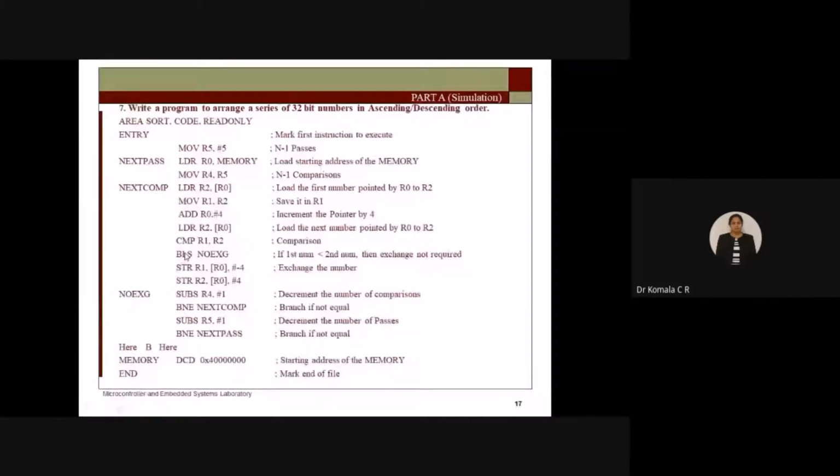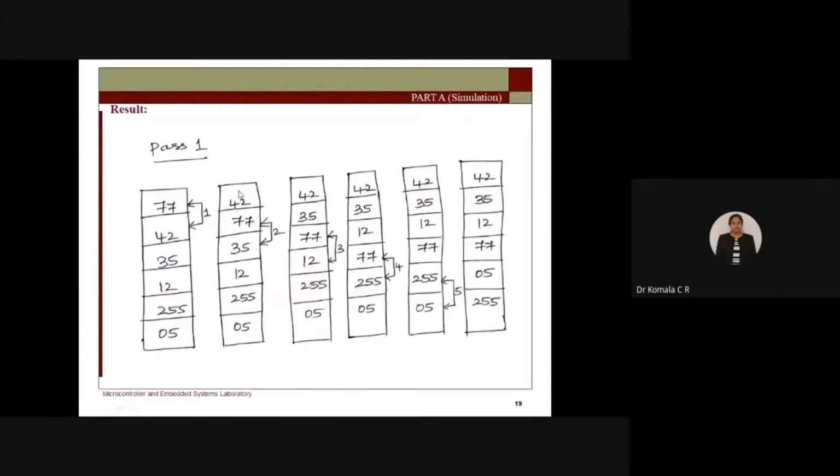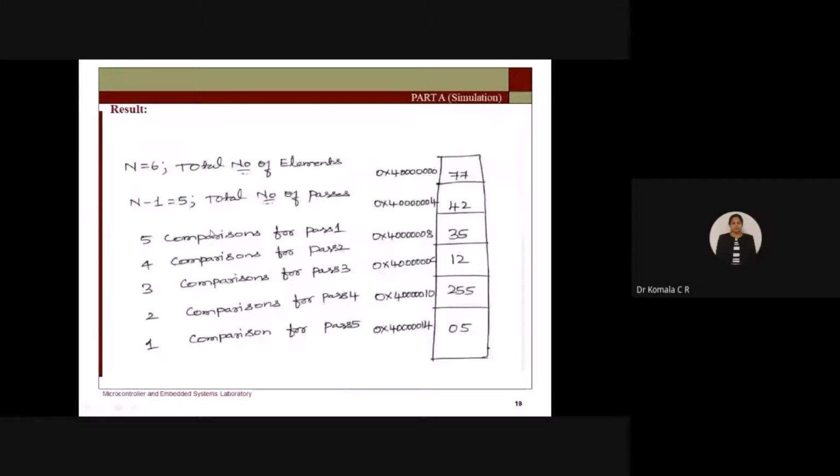I want to swap now. So what is there in my R1 that I want to put in the locations? Which location do I want to put it in now? I want to swap. Where is your pointer R0? The pointer R0 is in this location, correct? Because when I wanted to access 42, I moved the pointer. I have updated it to the fourth location. Now my pointer is at the fourth location. What is it that you want to put in the fourth location? When you swap, you want to put 77 here now. First I'll put 77 here. 42 later I'll go back and put here.